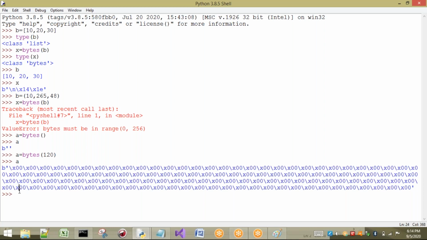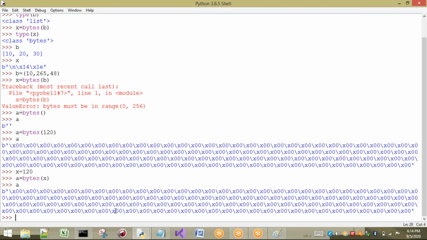If you want to convert any numbers into bytes, you compulsorily have to take it into one other type. For example, I want to convert 120. So x equal to 120 I have taken, and a equal to, for example, I want to convert x. See, in this way. Now if I print x, a, it is going to give you again 120 values. Why? Because if you take one variable and write that variable, you get the same value. Here, a group of values should be taken. That means generally we will take bytes in a list. We can also take it in a tuple.